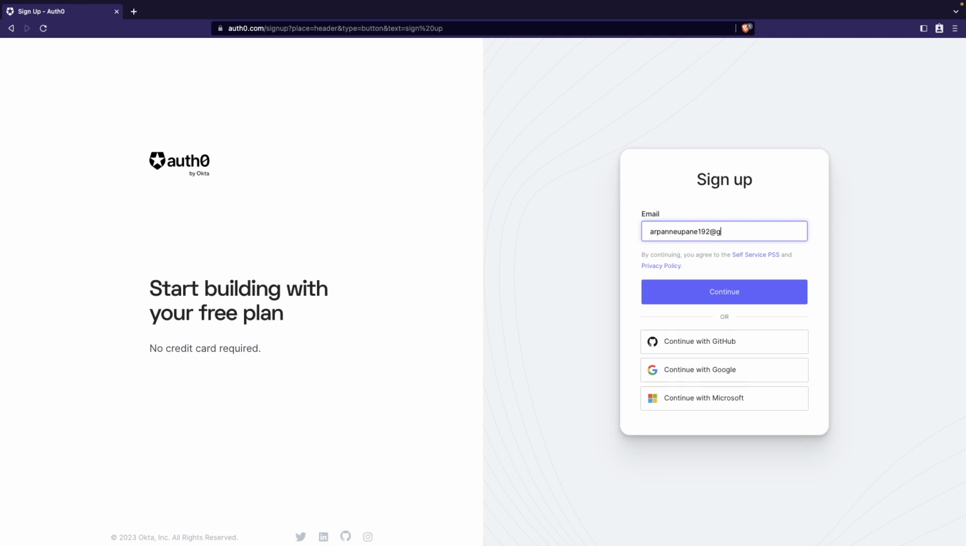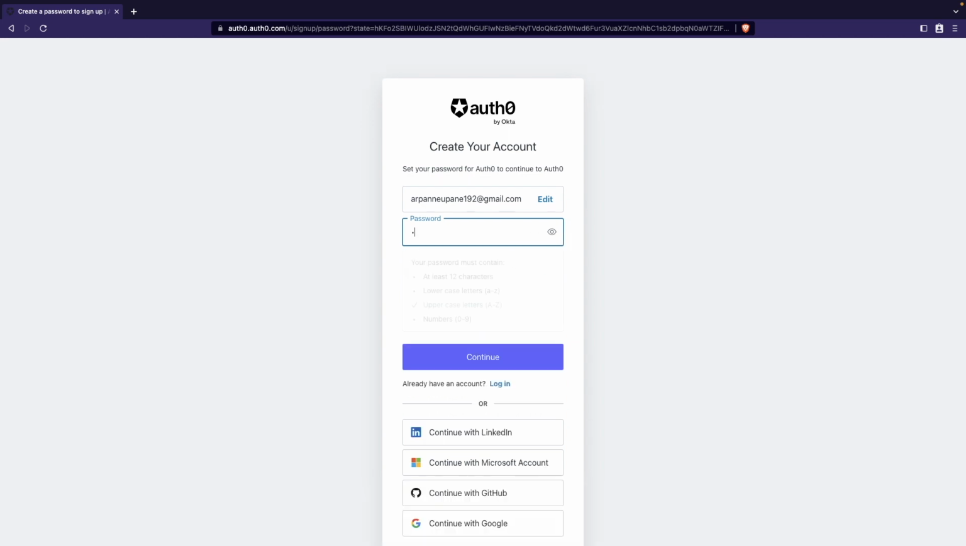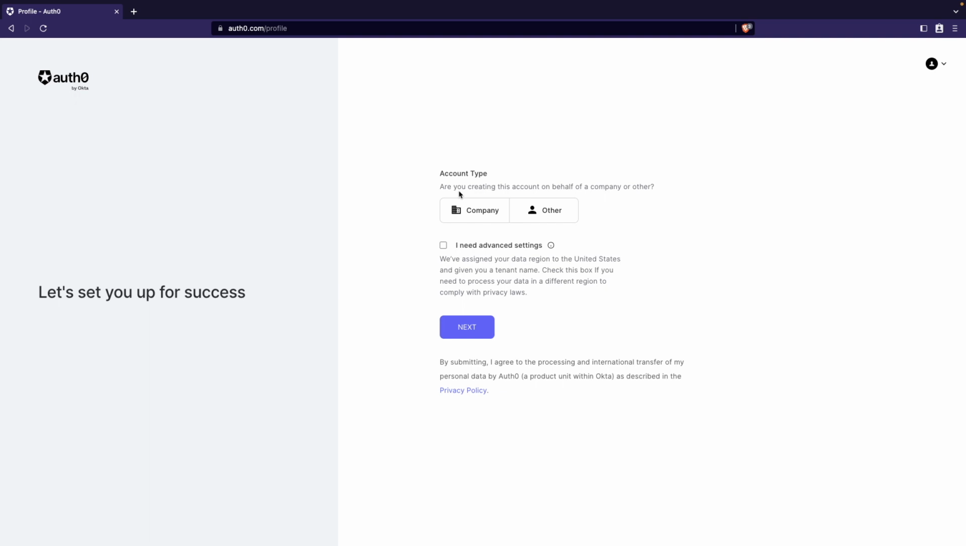So I'll just do my email address. If you guys want to use other sign up options, you can sign up with GitHub, Google, or Microsoft, but I'm just going to prefer to do it with email just to make it a lot easier to follow along. So I'll hit continue, and here it's going to ask me to create a password. So I'll go ahead, create the password, and then I'm going to click continue. So give it a few seconds, and over here it's going to ask you if you're creating this account on behalf of your company or other, but since I'm just doing it for a YouTube video, I'm just going to click other, and then once I click next,